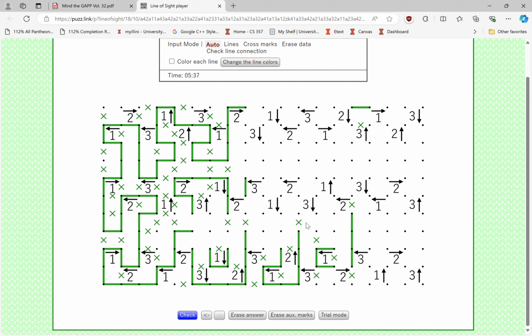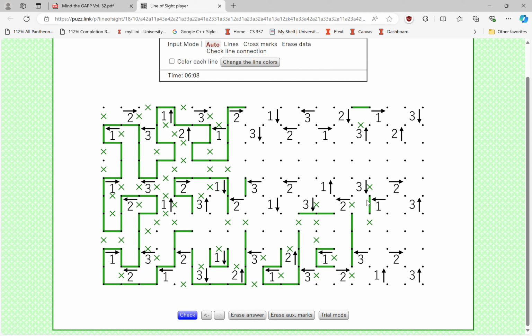And I need to have a 3 either here, which isn't possible, or here, which must extend at least 1 this way. Okay. Where do I want to look now? I need to then have a 1 here, which means,